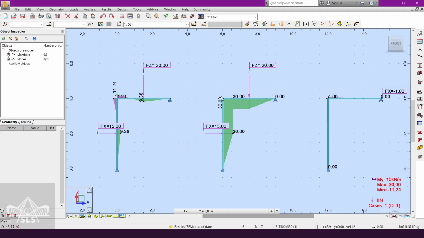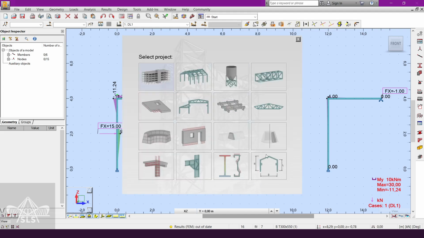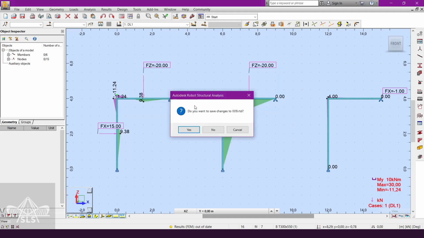Besides that, I will also model case 0 and case 1 just for the purpose of understanding how to do it in Robot. So without any further ado, let's create a new model, and we choose again the frame 2D design,